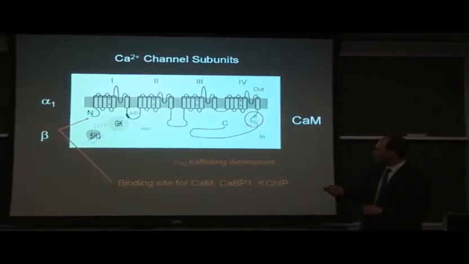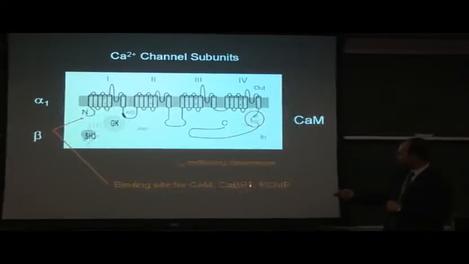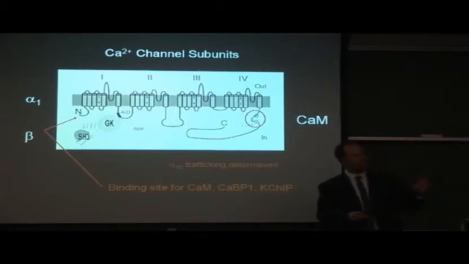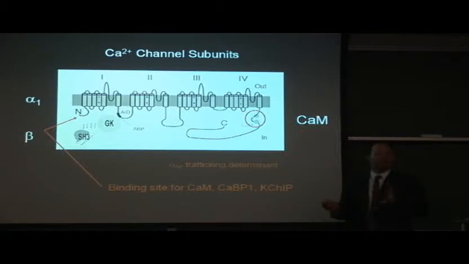that we're just trying to finish up now is we found another binding site in the amino-terminus for calmodulin that has also been found by Amy Lee, who is now at Emory and was in Bill Catterall's lab. And she's shown that there's competition between calmodulin and the calmodulin-like protein called calcium binding protein 1. And we've now shown that KChIP is associated with the N-terminus. And so KChIP is a calmodulin-like protein that is very important for trafficking potassium channels. And so, although I don't have the data to prove it yet, it's very possible that KChIP could be regulating channel trafficking of calcium channels as well. But that's kind of speculative at the moment.